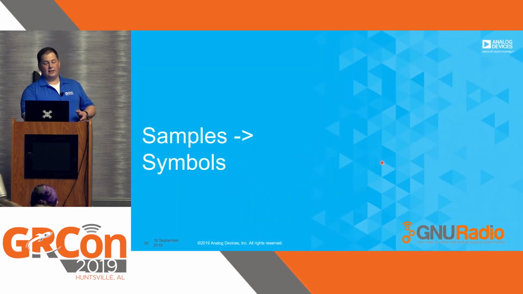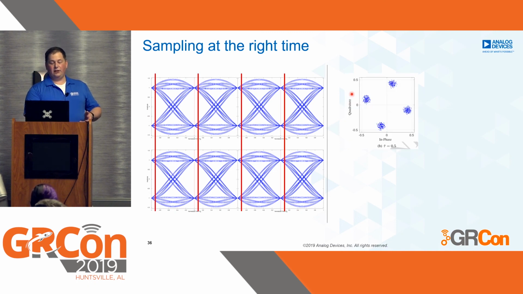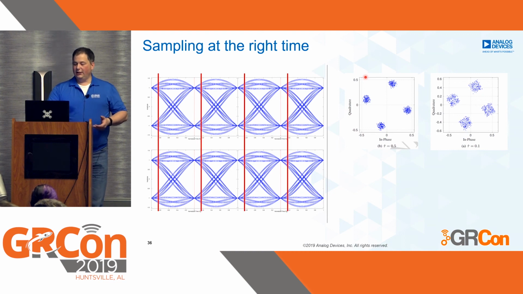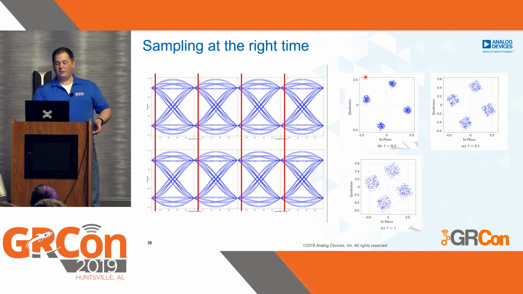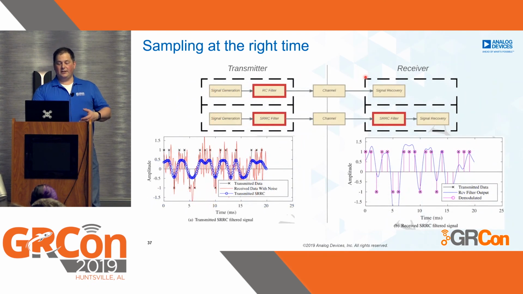The other piece is samples to symbols. So if we have these symbols coming at the right time for a single carrier system, if we sample exactly at the right place, we'll get a nice constellation. If we sample at the wrong place, we'll get not a nice constellation. And if we sample at worse places, we get worse constellations. This is why most systems will oversample. This is why they'll have matched filters. This is why the digital comms guys know all the math.